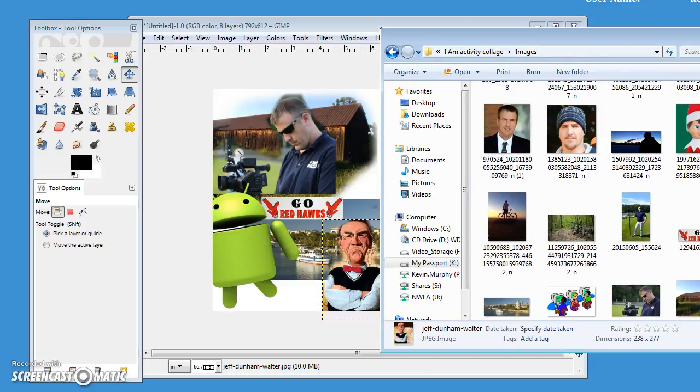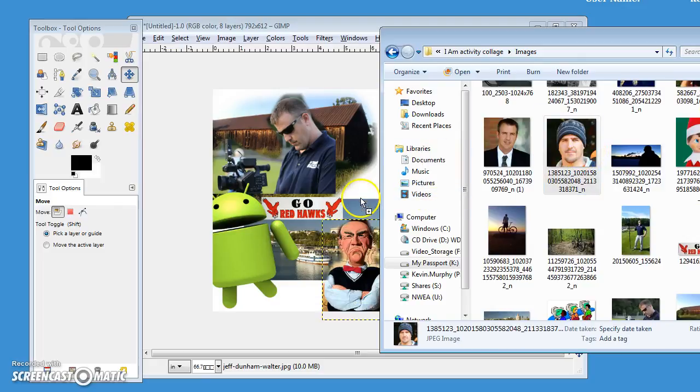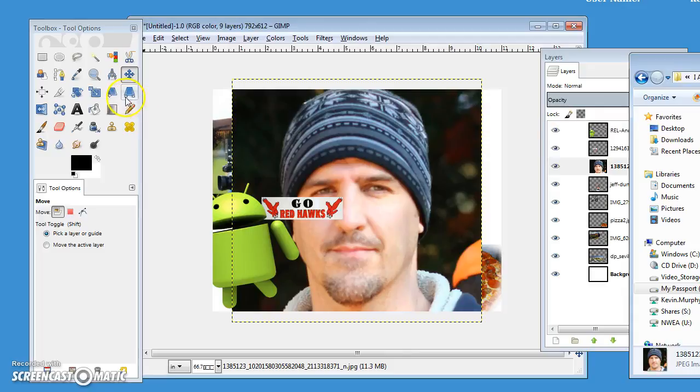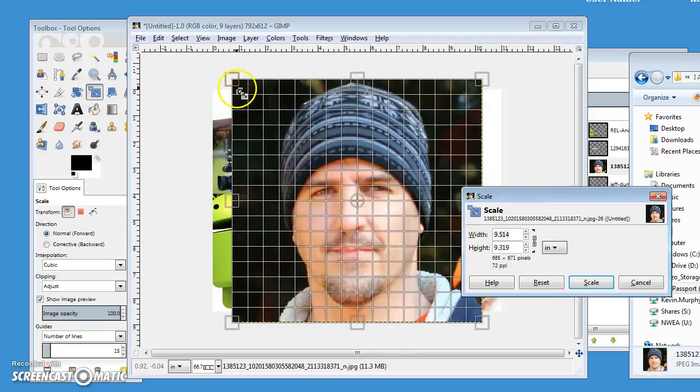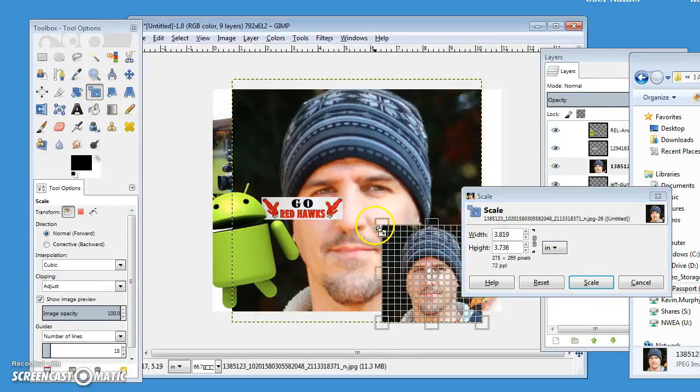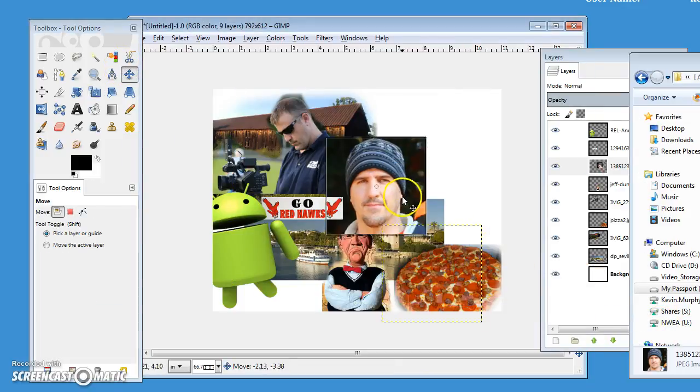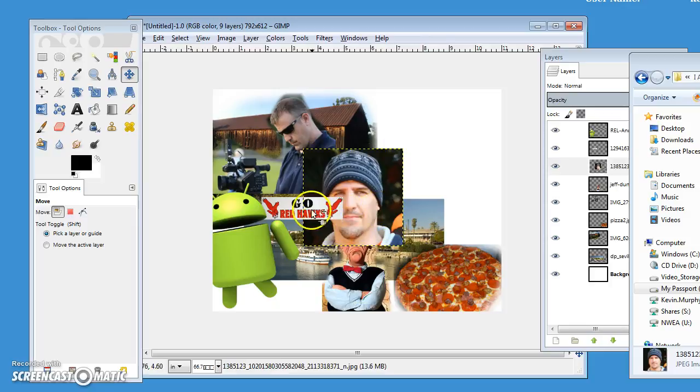project should have you centralized somewhat. So in this case, convert, yeah, sure. This is actually one of my most flattering pictures of me. I have better pictures of me, but anyway, I'm going to scale this down. I'm going to move it to the center because it's going to be the most important, right? And then I'm going to move this off to the side, and everything else will be behind this